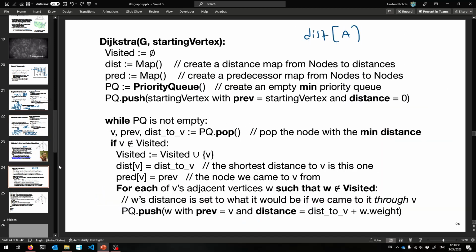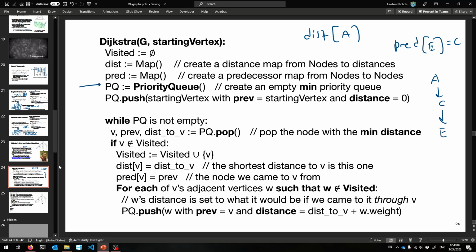So the predecessor of E was C. Here's the path, sorry, backwards: A, C, E. If that's the shortest path from A to E, for example, the pred map would be remembering it backwards. To get to E, we came from C. It's the predecessor of it, okay? That's the idea. And so we're going to start off with empty maps, empty dist, pred,